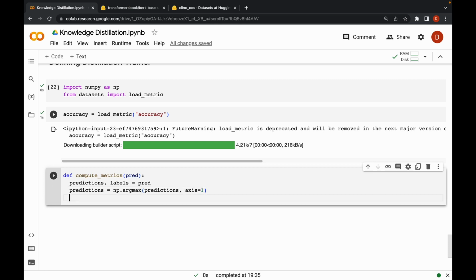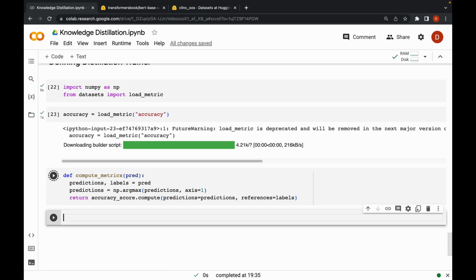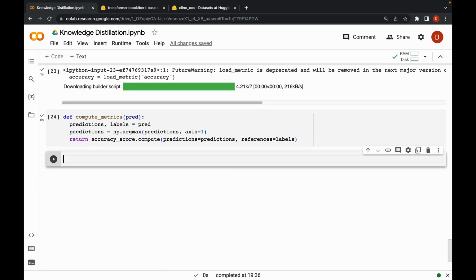This is a normal practice, and then we will return the accuracy score. So return accuracy score dot compute. Here predictions equal to predictions and references is equal to these labels. Now that we have defined the compute metrics functionality,